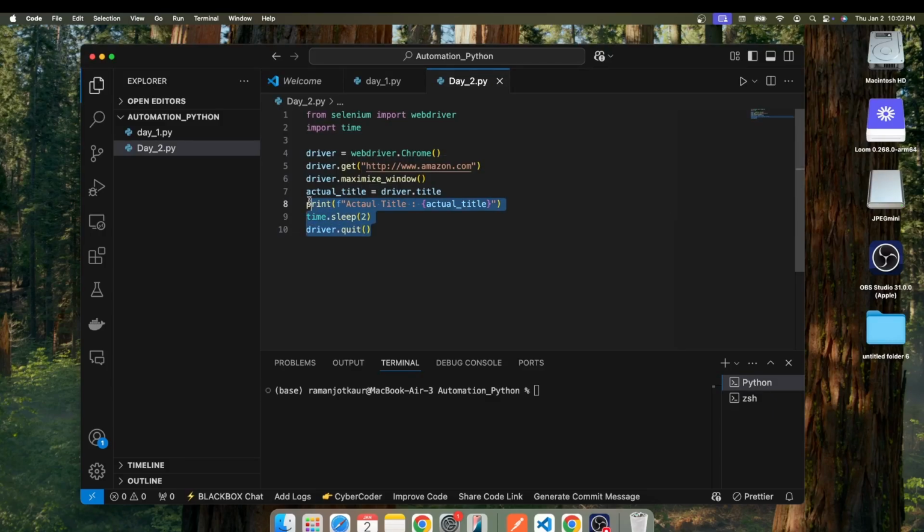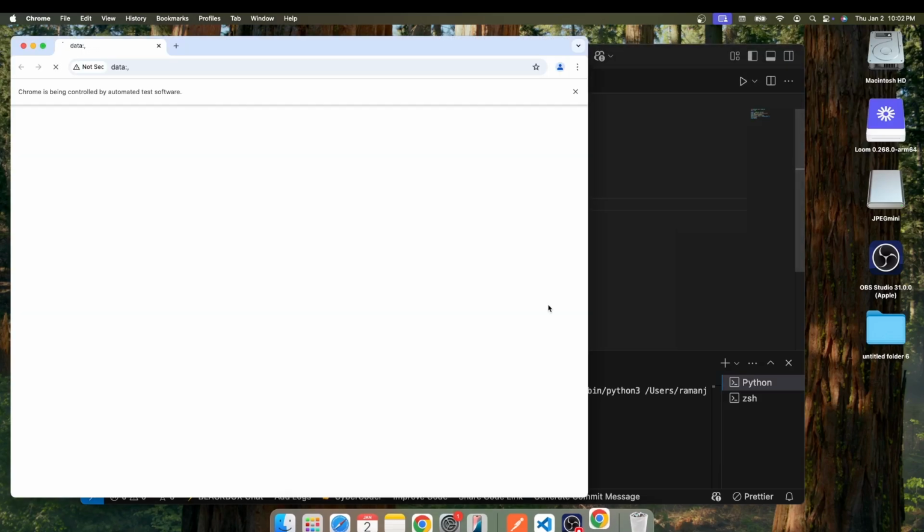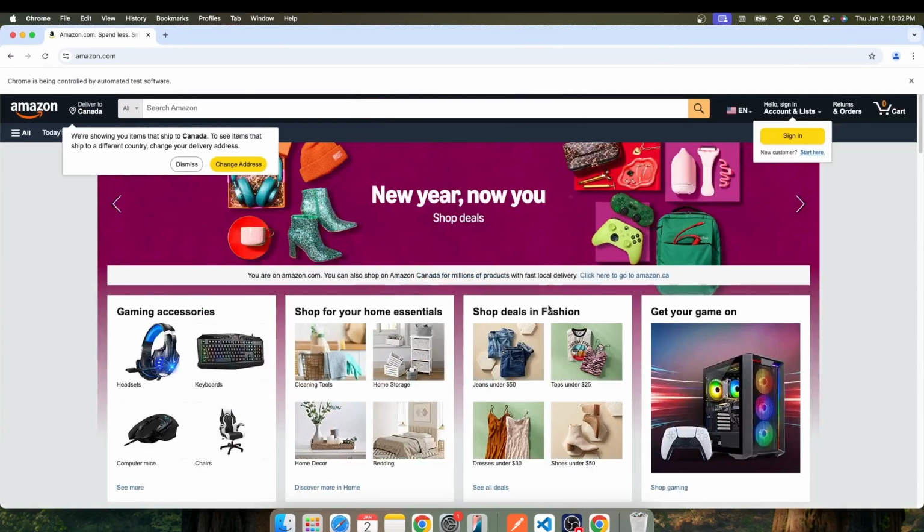I just want my browser to have sufficient time after performing all the activities and wait for that specific time. Once that is done, I'll be just validating the code again and then run the code. Okay,